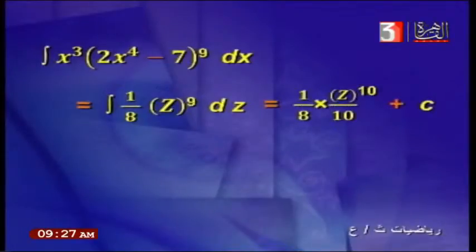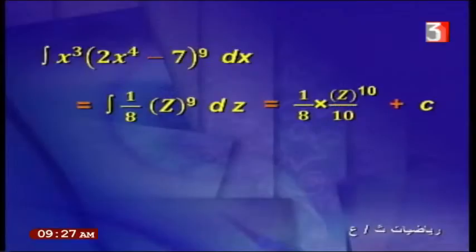The function now in terms of z, integration of 1 over 8 z power 9 dz equals 1 over 8 times z power 9 plus 1, which is z power 10 over the new power 10,